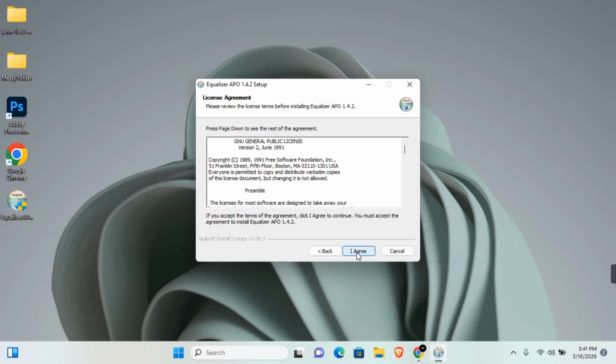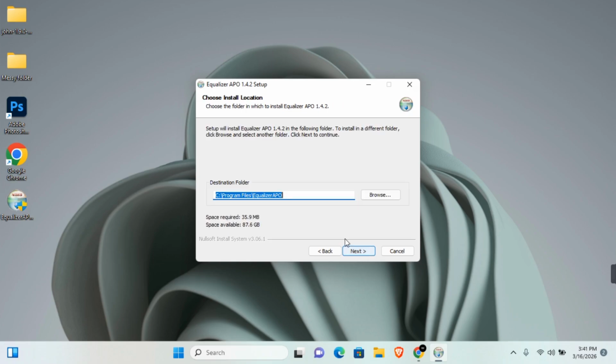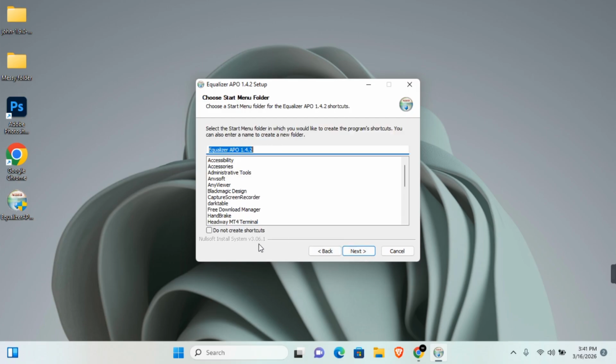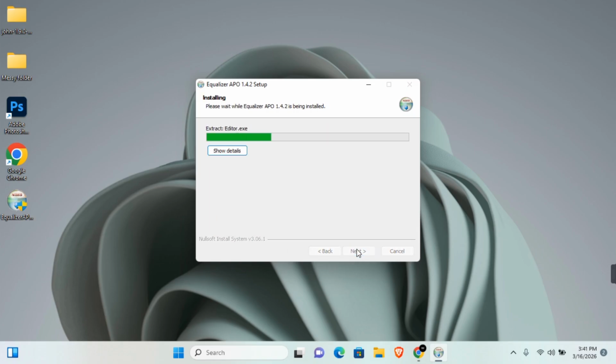Now go ahead and click on next, click on I agree, and then in the destination folder, you can change the destination folder to any folder you want, but by default, it will be stored in your C drive under program files. Click on next here, and then click on next again. Click on install,